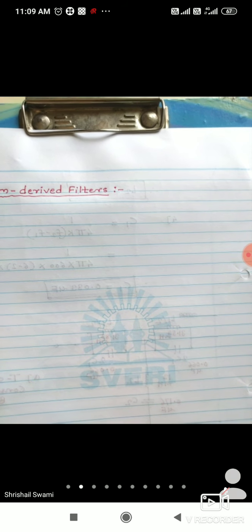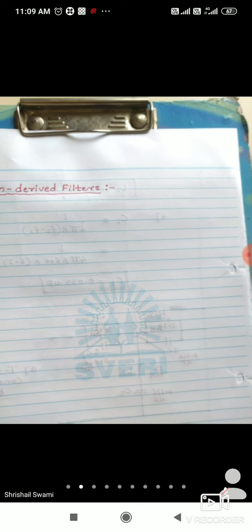Now, third drawback of constant K-type filter is that we are going to consider a particular frequency. But if you want to design the filter as a composite filter, then we should modify the constant K-type. So these three drawbacks we can overcome with the help of M derived filters. So M derived filters is a very important concept, and due to which we are getting the solution for the constant K type drawbacks. So we can start now.